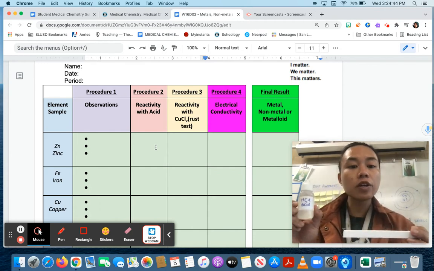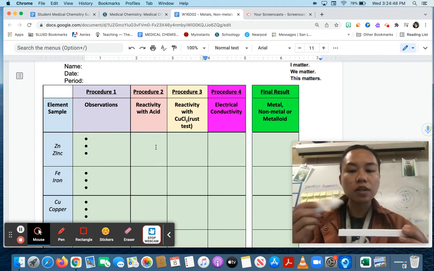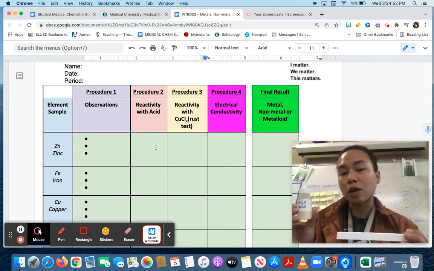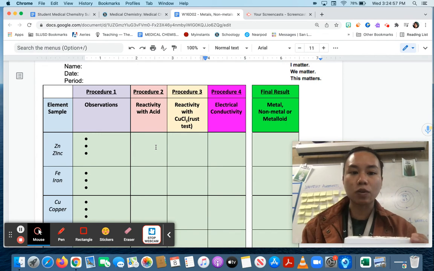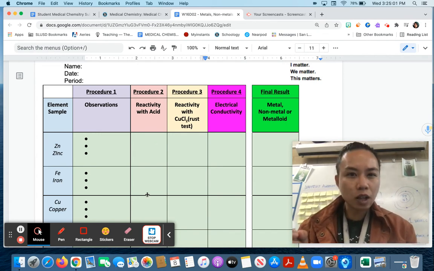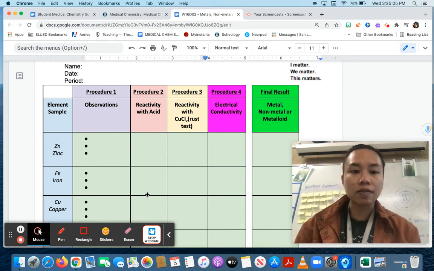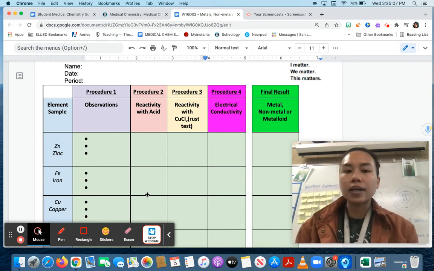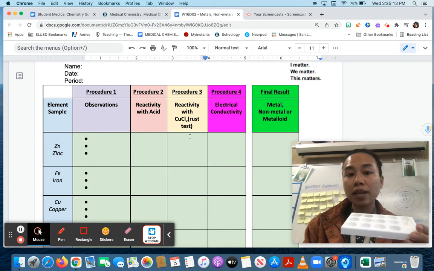And specifically, you're going to look for either a color change or some bubbles to be able to identify whether there was a reaction or not. So if there was a reaction, you're just going to write yes. If there was not a reaction, you're going to write no. And you're going to find that some of these elements, even though they are metals, are not very reactive with acids, right? So after completing this, you can leave everything in the tray